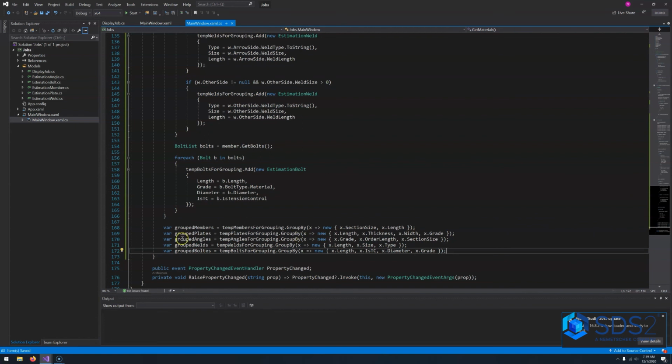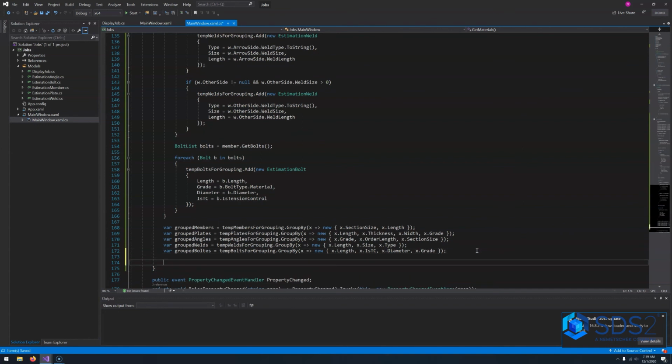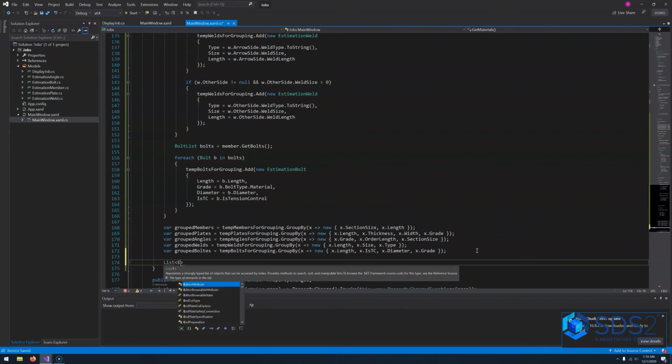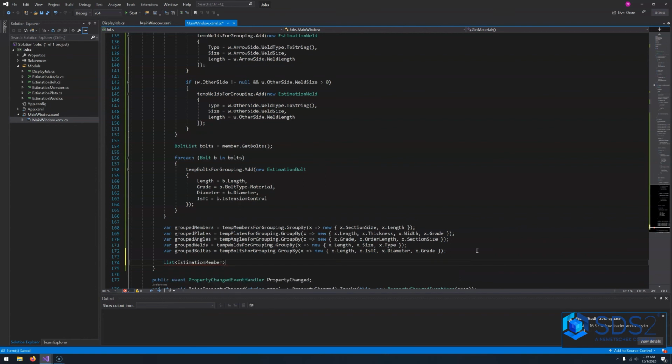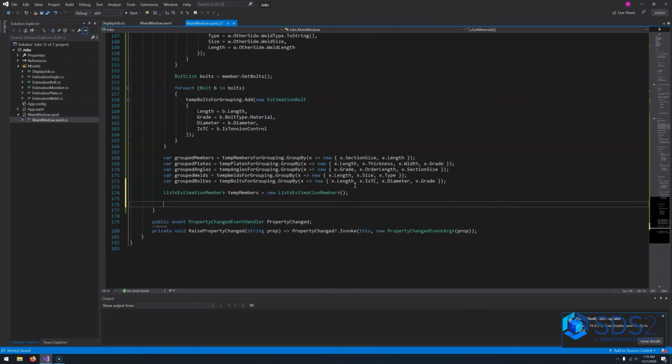Okay, now that we have all of our grouped materials, we will then want to create new temporary lists, iterate over each of the groups, and make the count of each of them. So here we'll say List<EstimationMember> tempMembers equals new list. We will then want to say foreach var groupedMember in groupedMembers,